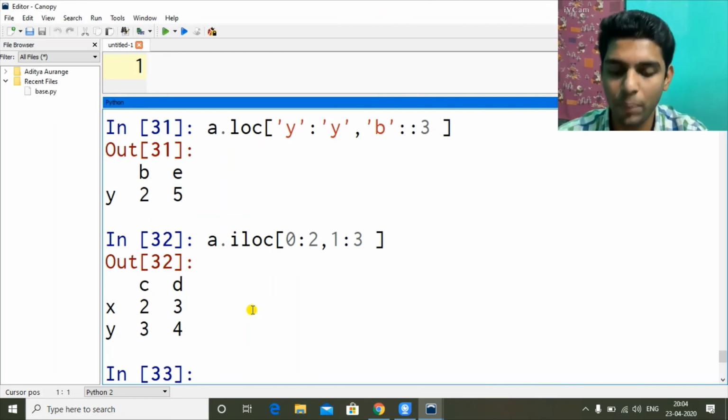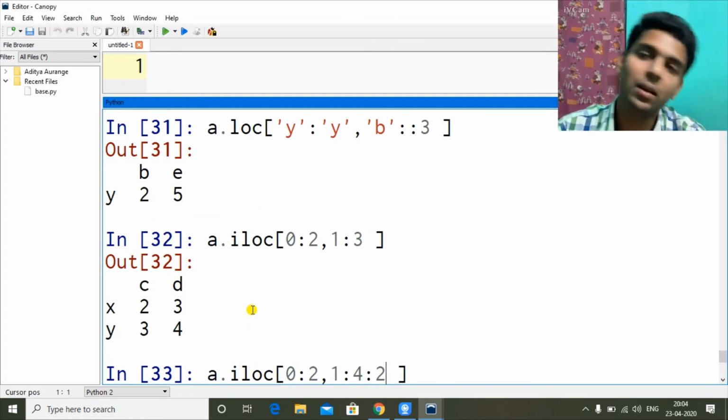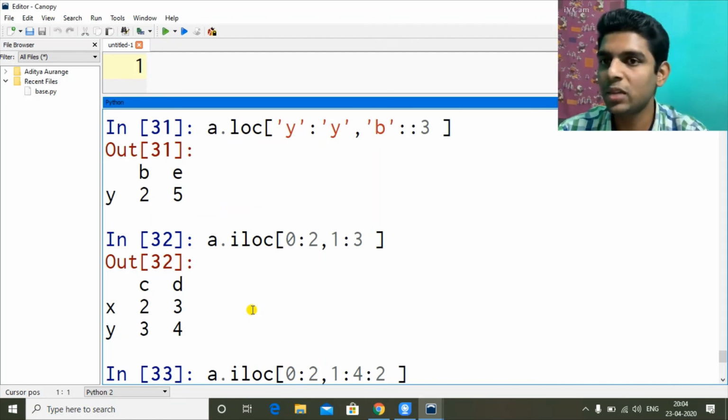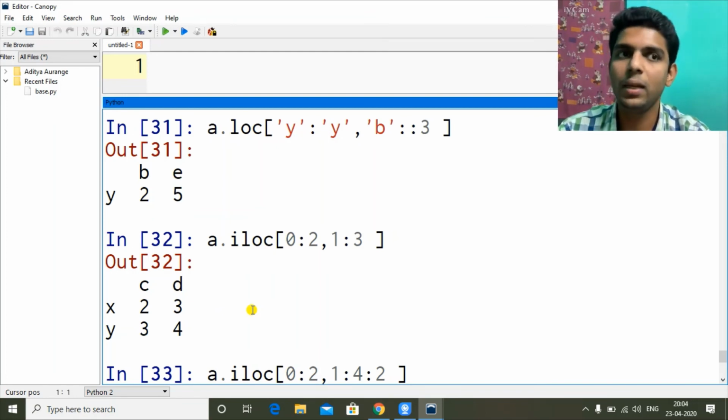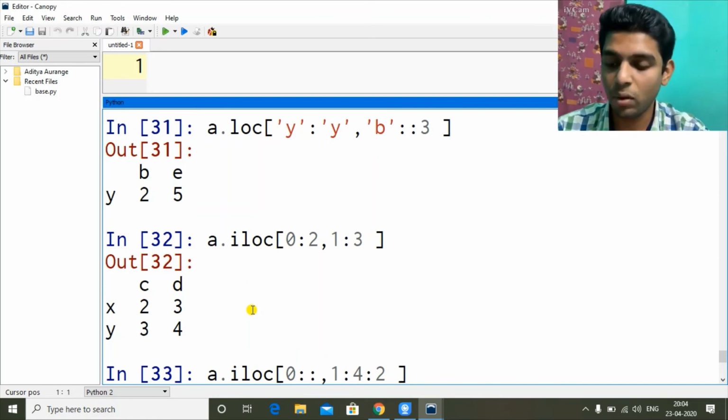Here also we can do stepping. So if I want, let's say 4 and stepping of 2. So 1, then 3. So I am giving 4, so 3 will also get included. So 1 and 3, where 1 is B, starts from B. So C, D is skipping E. So C and E I will get. And here also you can skip it, default and 2 stepping.